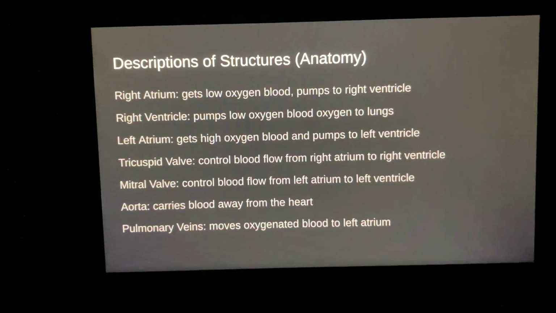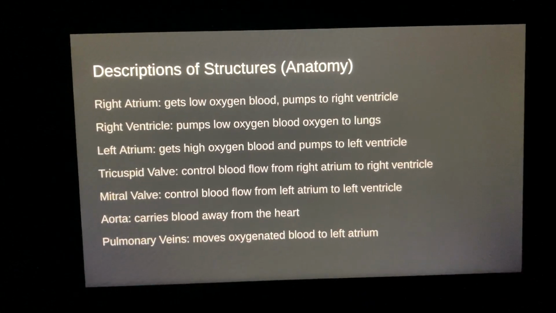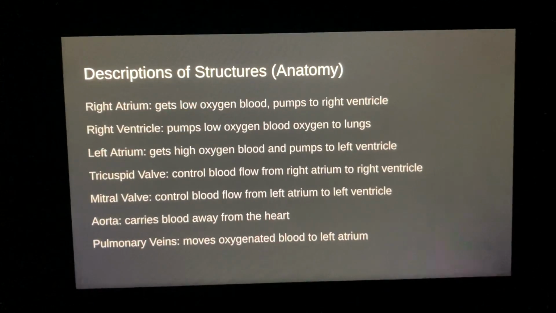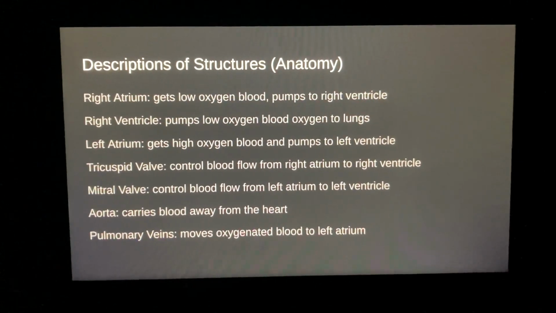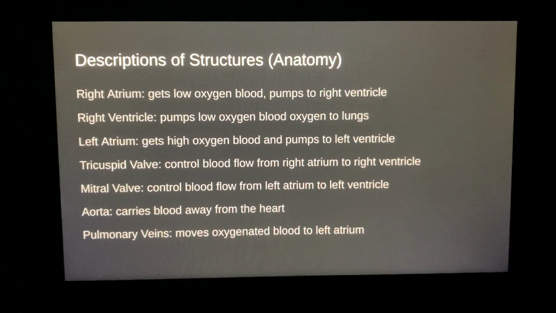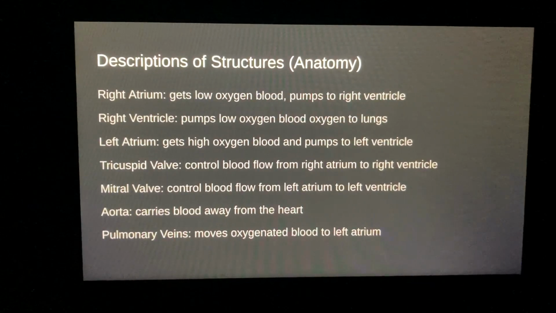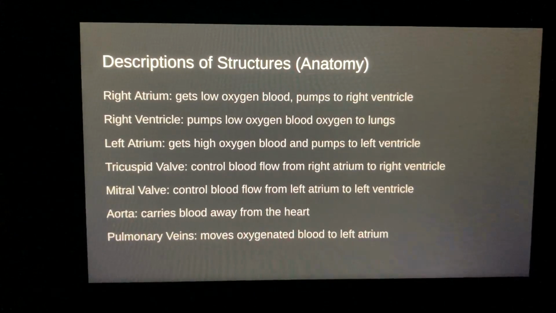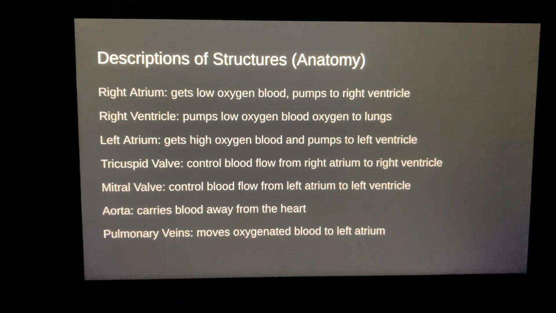So, descriptions of the structure. The right atrium, its function is to get low oxygen blood and pump it to the right ventricle. The right ventricle pumps low oxygen blood to the lungs. The left atrium gets high oxygen blood and pumps to the left ventricle. The tricuspid valve